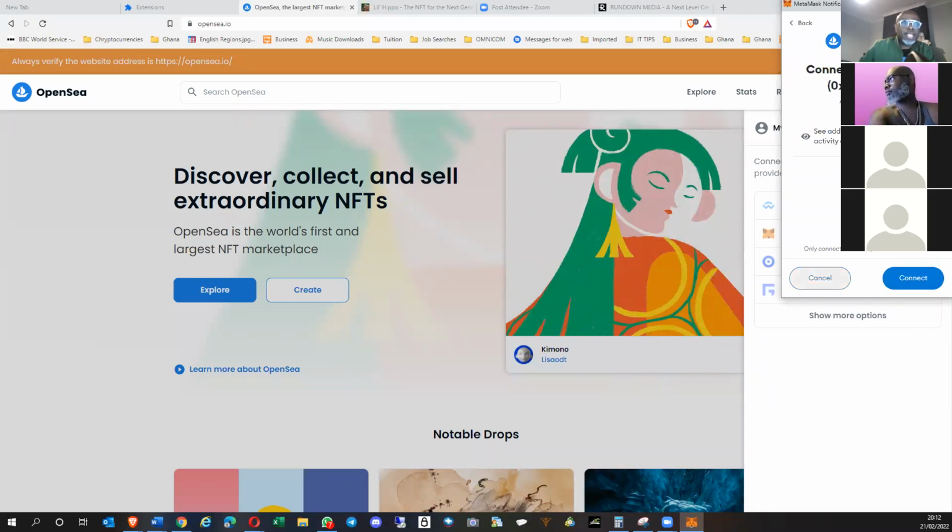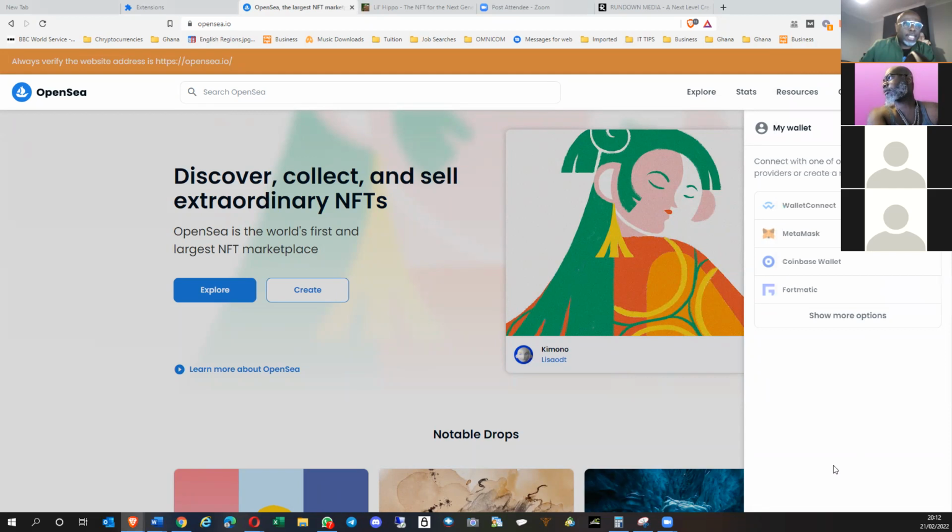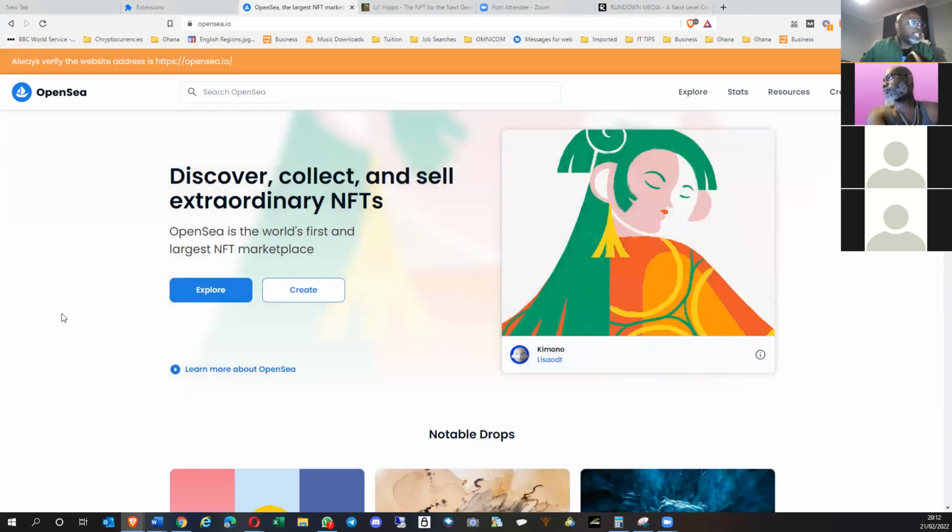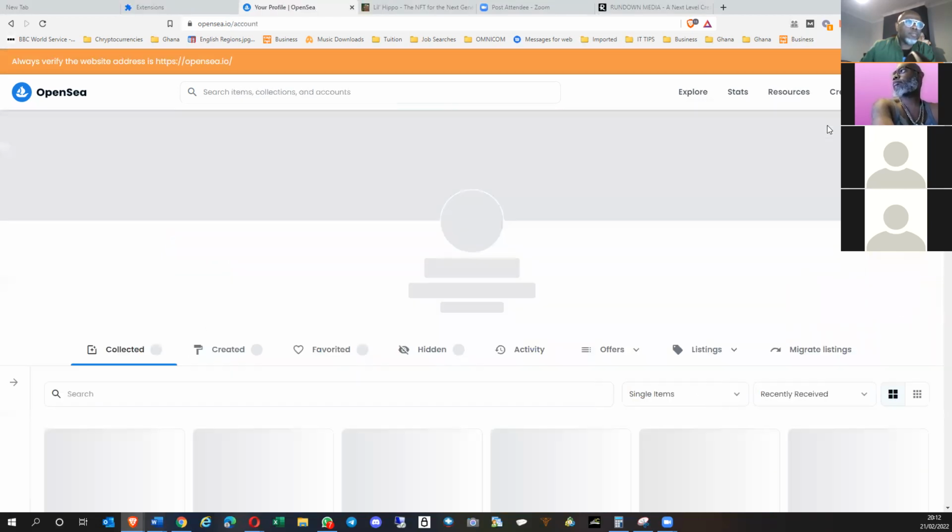And then you see connect account. Yeah. And then you click connect. And then it says it's connecting. And now my wallet is linked to OpenSea. Okay. So now that I've done that, if I go to my profile,